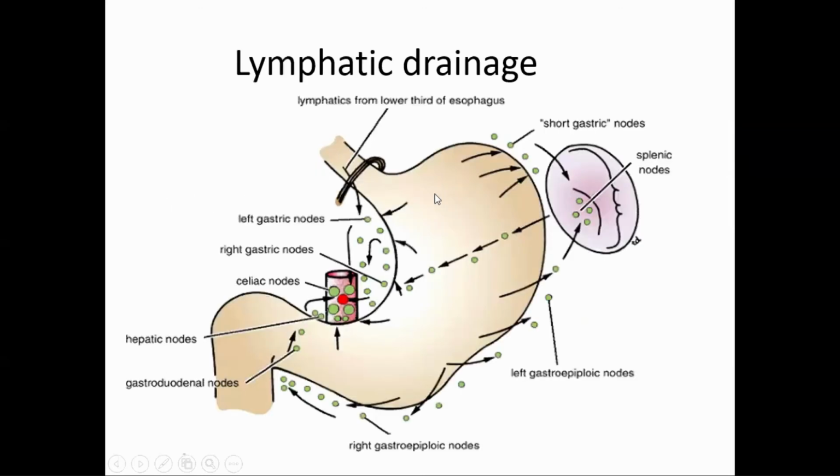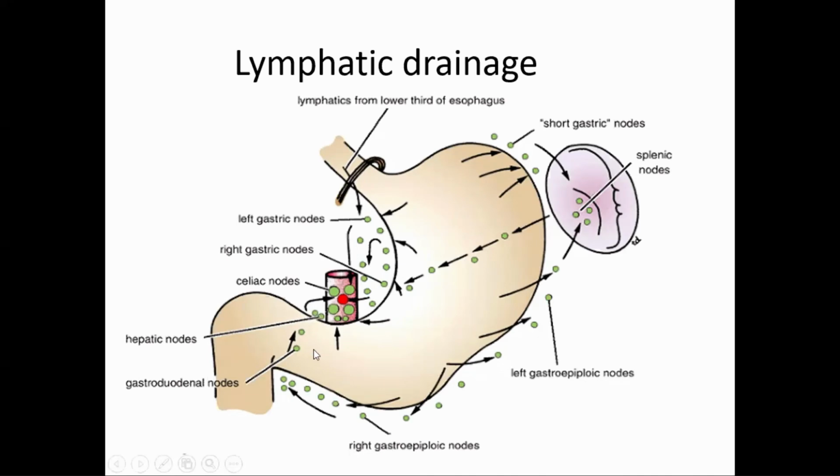Now the lymphatic drainage. Finally, it drains into the pre-aortic group of the celiac nodes. For the lymphatic drainage, you have to draw vertical lines from the cardiac nodes. So it divides into the right and the left part. Larger is the left part, and this larger left part drains into the pancreatico-splenic lymph nodes. And the right part is divided into the upper 2/3 and the lower 1/3. Upper 2/3 drains into the left gastric lymph nodes. Lower 1/3 drains into the right gastroepiploic lymph nodes.